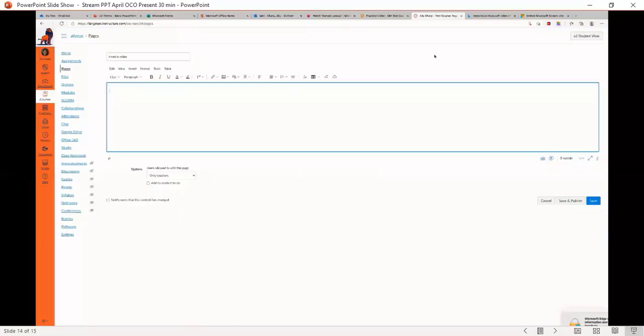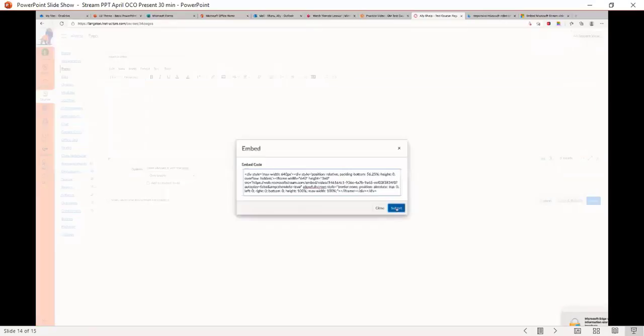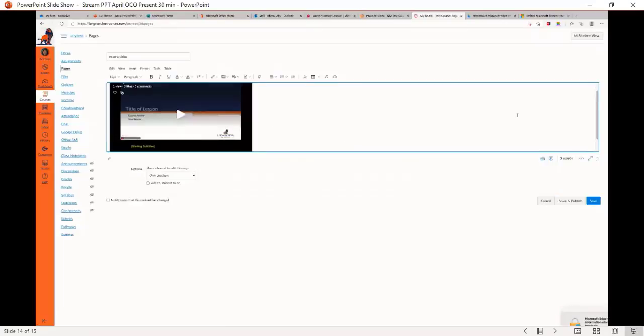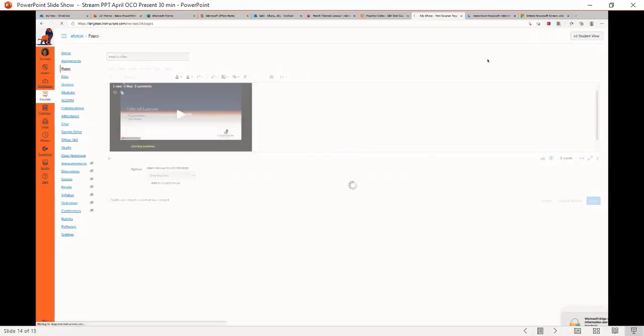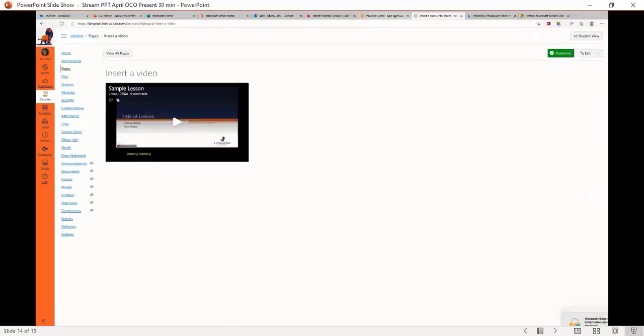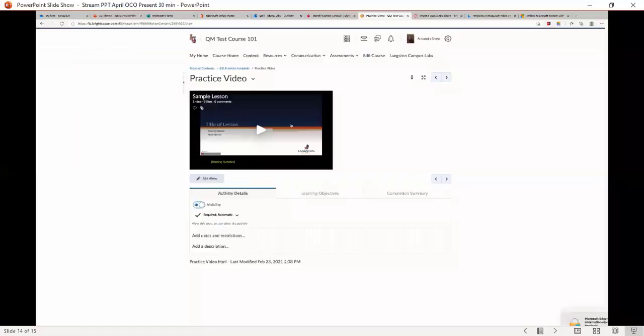And then here it is in Canvas. I go to the little cloud icon and press that same embed code and press submit. And there it is. When I actually went and published it, at the bottom I could see the little icon where students could see that transcript piece.